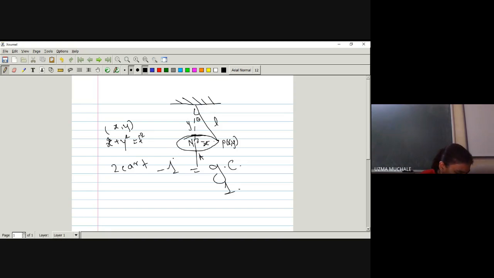Okay. So hence now let me write down what will be x. Can anyone tell me what sine theta will be from this figure? X by L. X by L, that is opposite side divided by hypotenuse. What will be the value of cos theta? Y by L. Adjacent side divided by hypotenuse. So in this way, I can have the value of x equals L sine theta, and the value of y, I can have L cos theta.